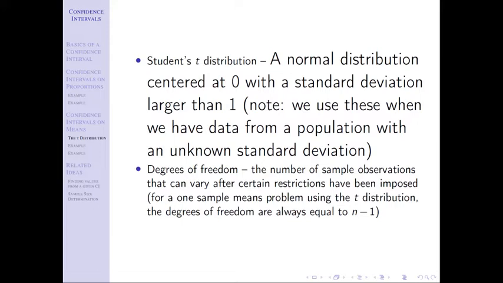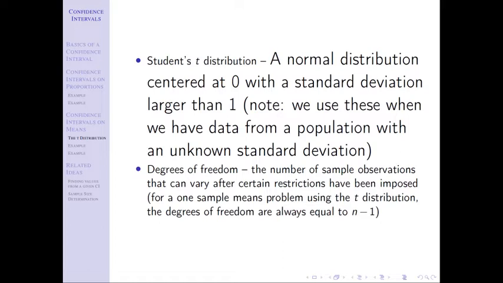And so if I were to pick my numbers 0, 1, 2, and 3, those add up to 6. And I would say, well, what's the fifth number that would work for me? The answer is 16.5. Because if I do 0 plus 1 plus 2 plus 3 plus 16.5, and I divide that by 5, I get a mean of 4.5. 16.5 is the only number that will work there. Try anything else and you will get a different mean. And so the question is, how many things could be whatever they wanted? Well, if I have 5 data values, 4 of them could be whatever they wanted. But since I knew what the mean was, that fifth one couldn't be whatever it wanted.